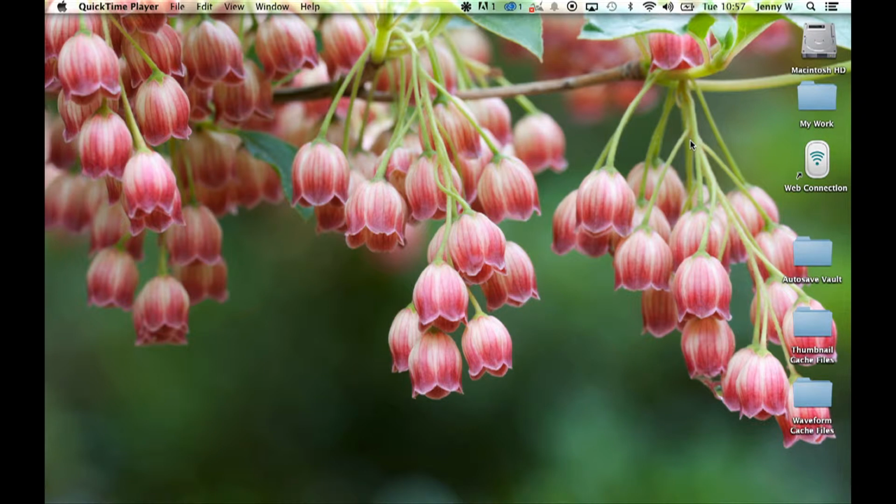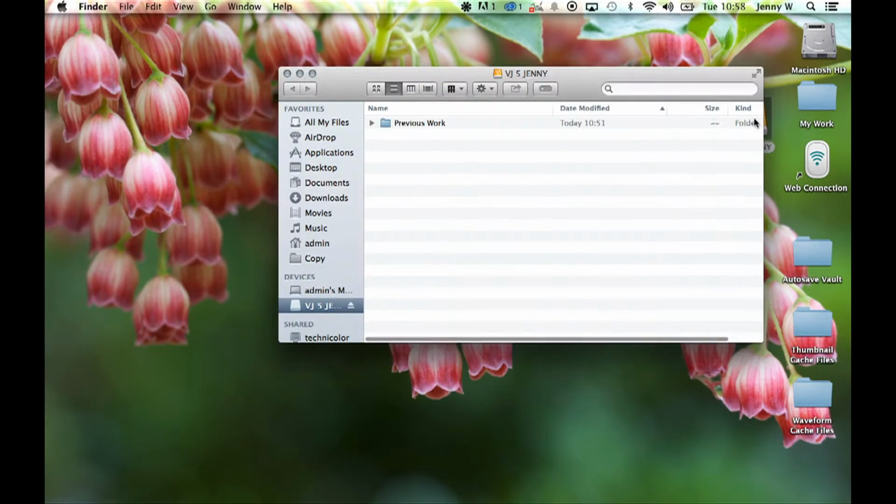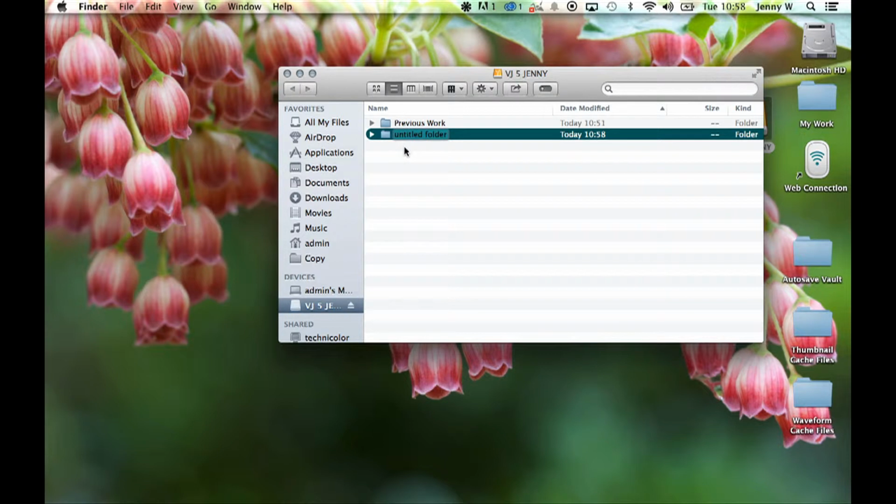So you need to be able to create a folder, and this is where all of your work will be stored. So I've plugged my hard drive in there, you can see it's popped up. So I'm going to create a folder on my hard drive because it means I can keep it with me at all times and I can work on it anywhere. So I'm going to call it Final Cut